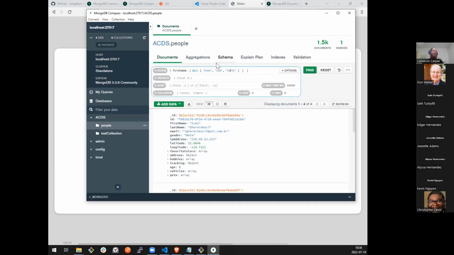And just to do the flip side of this, we just queried for everyone who has a first name that is in the specific list. But if we want to query for everyone who is not in that list, we don't care about Ives, Cobb, and Jeffy anymore. We want everybody besides them. We simply switch our in to a not in or a nin, and it inverts that query. And now, since we got 4 documents that match the in, we should get what, 1496 that match the not in. And I actually did my math correctly, so it's a good day.